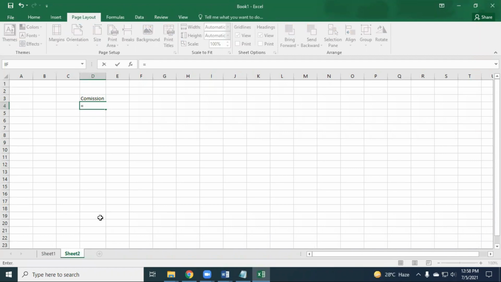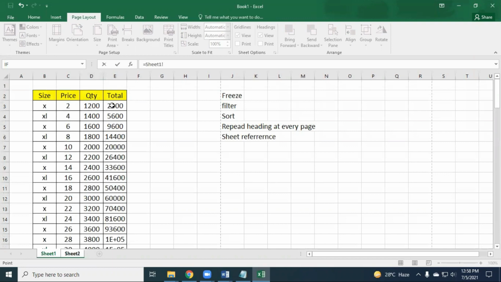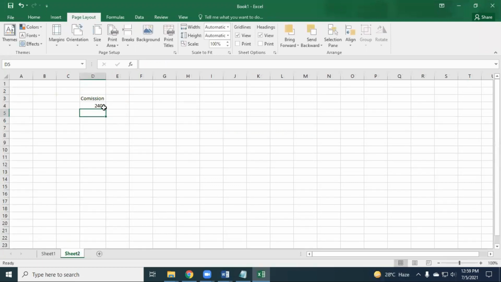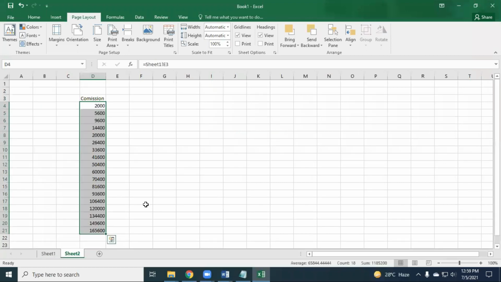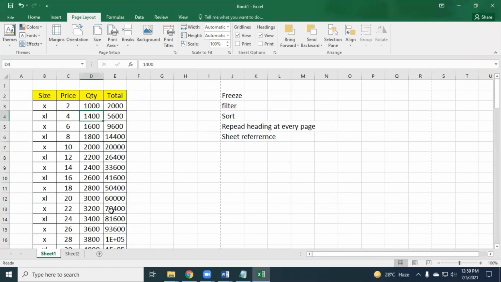So the problem is, you have to select the cell, then equal, then select the value which you would like to bring. Then by keeping the cell selected, you have to press enter. Now if you change the value here to 1000 or 2000, it will automatically change. Now actually the commission is not the full value.